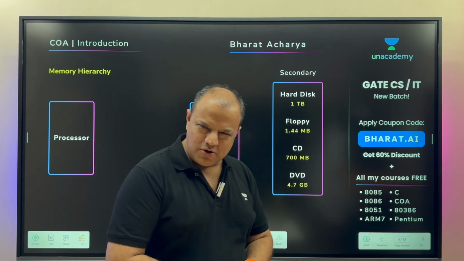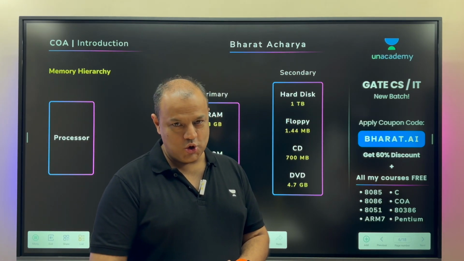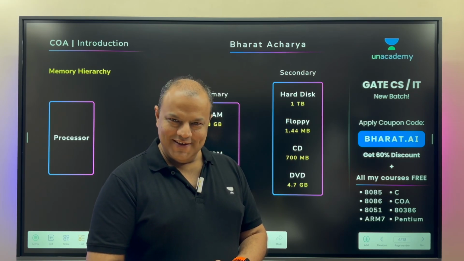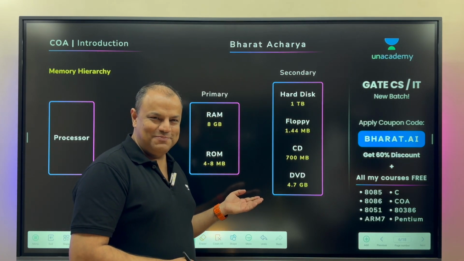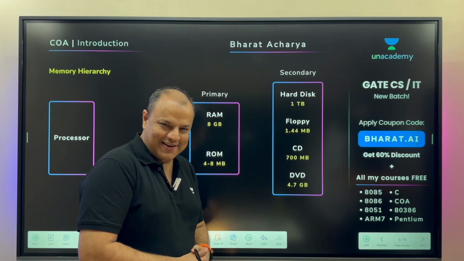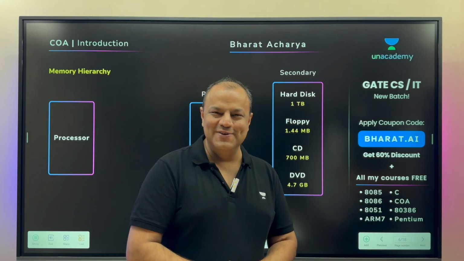Is the OS in ROM? No. No. If you think Windows is stored in ROM, double check your thought process. What is the size of ROM? A few MB. You think Windows is a few MB? Most basic apps that you download are a few MB.